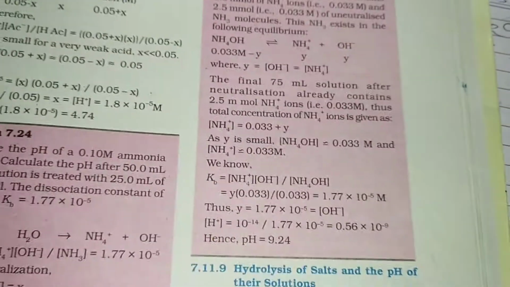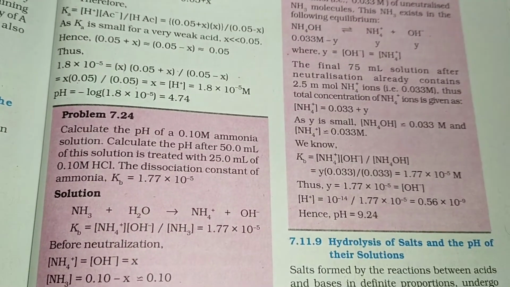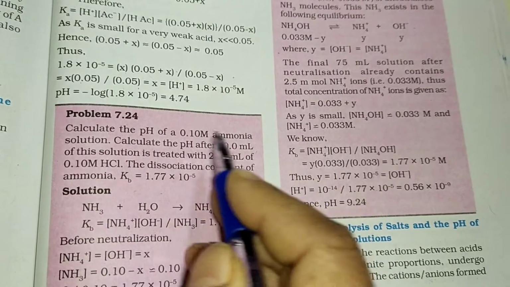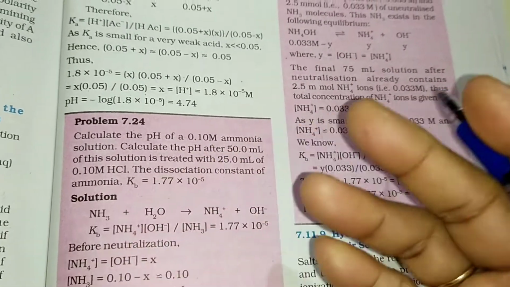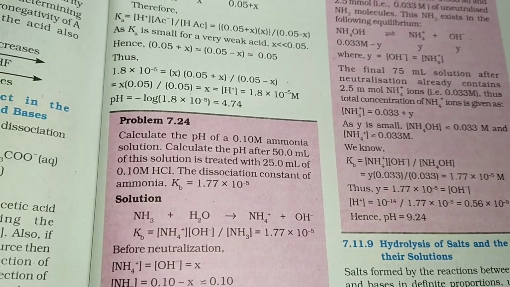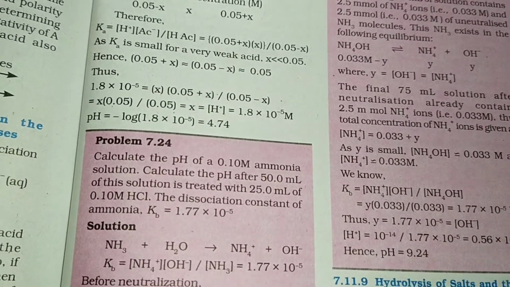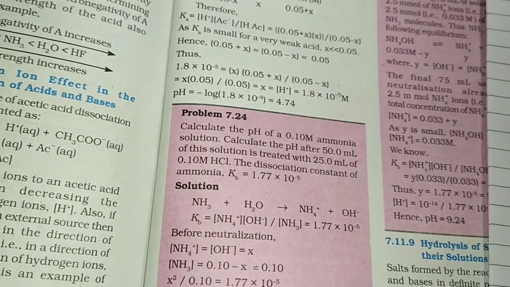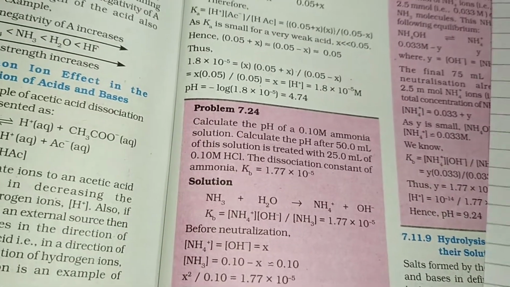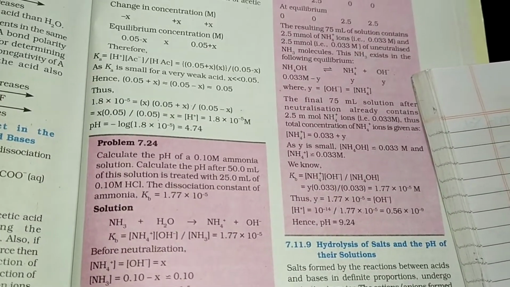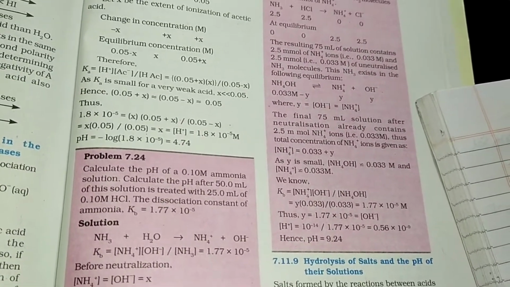Now we are coming to the next step. What is the next step here? Next step is to calculate the pH. This is the common problem: an ammonia solution is given, a basic solution is given, and you have to find out the pH from there. From the basic solution we get the OH minus concentration, and from the OH minus concentration, by applying the KW, we get the H plus concentration. That's an easy one.